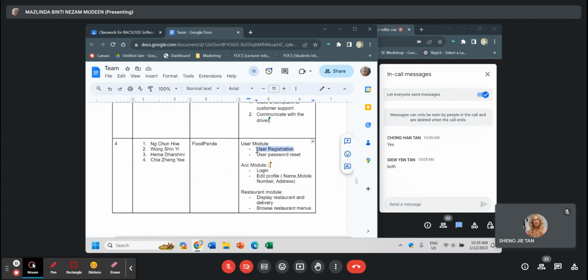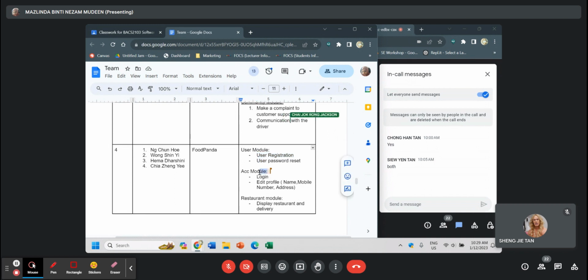How detailed is this form? User registration form? I mean, like we have a proper number of input data. I don't use Food Panda. I don't know how the app works. So can I have user registration and login? The two, is it sufficient for you to test and to have 5 test cases?